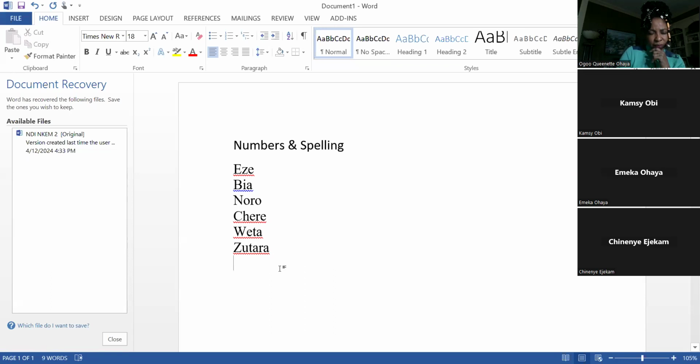Weta. See, you say weta. You started with weta, but you ended it with wetable. So make sure you still pronounce the same word. Because if you don't get the word, then it's a partial point. So I want you to spell weta again. Wetable. Weta.